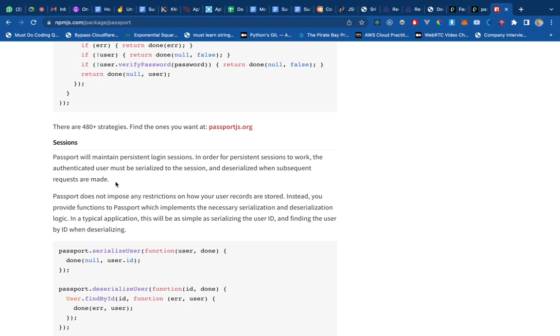Because we use either session storage or cookies, the browser sends a request with the help of browser-sent cookies to the backend every time, so you do not have to log in again and again. That is a persistent login session. So it is trying to say that I will be maintaining a session, but for a persistent session to work, the